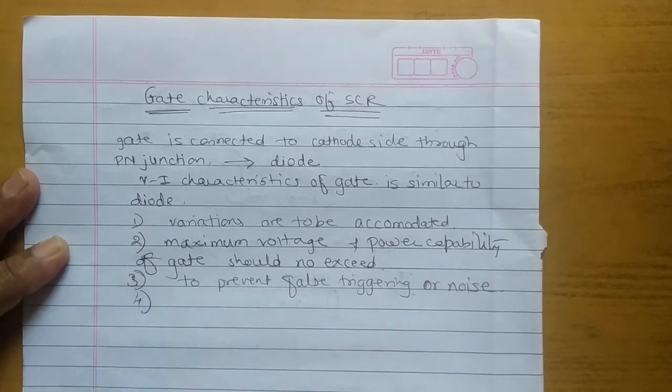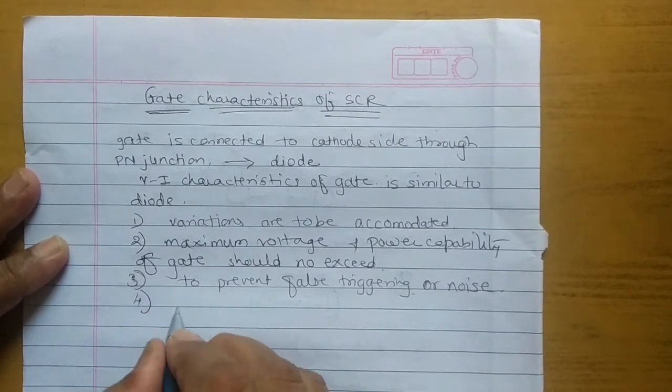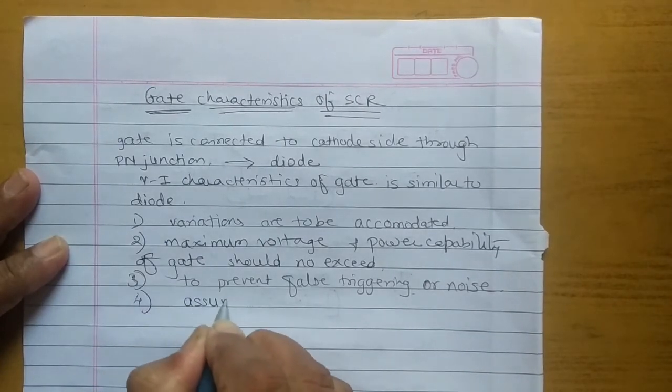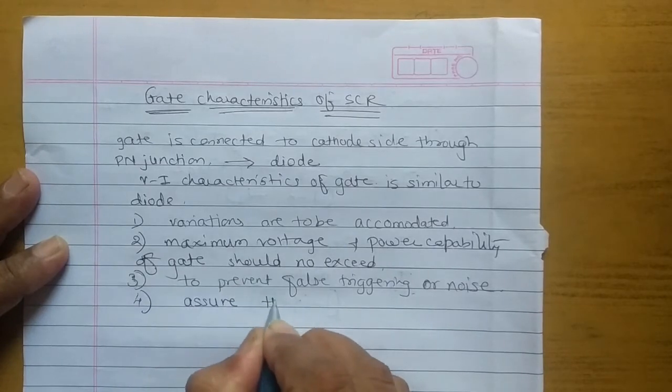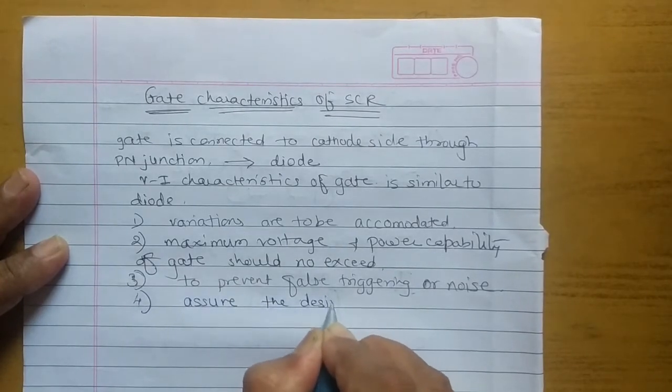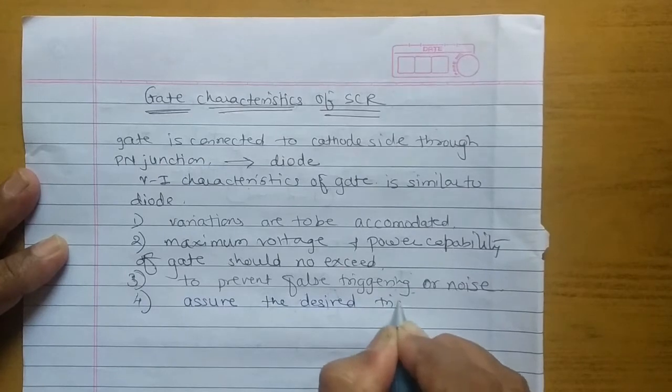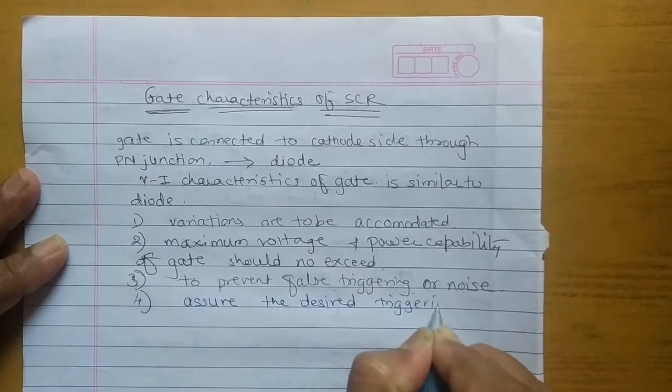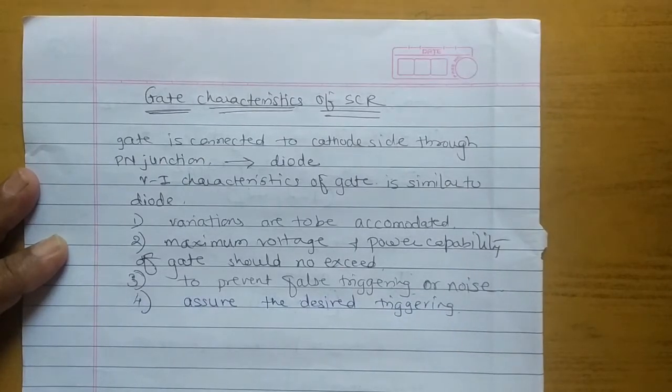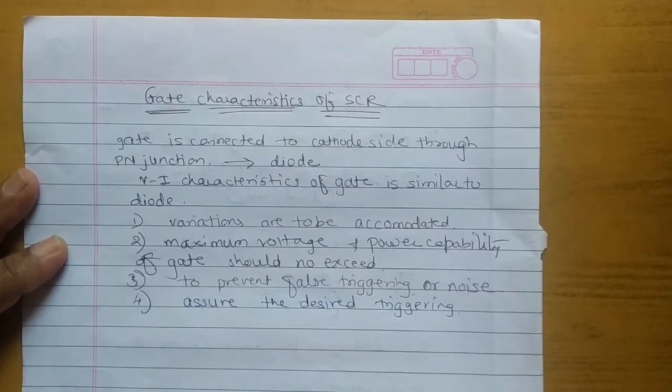And fourth one, the most important thing, we have to assure the desired triggering, means at which instant we want the triggering, that should be properly obtained by using this gate triggering circuit. So before going directly to the design of gate triggering circuit, we should see the gate characteristic